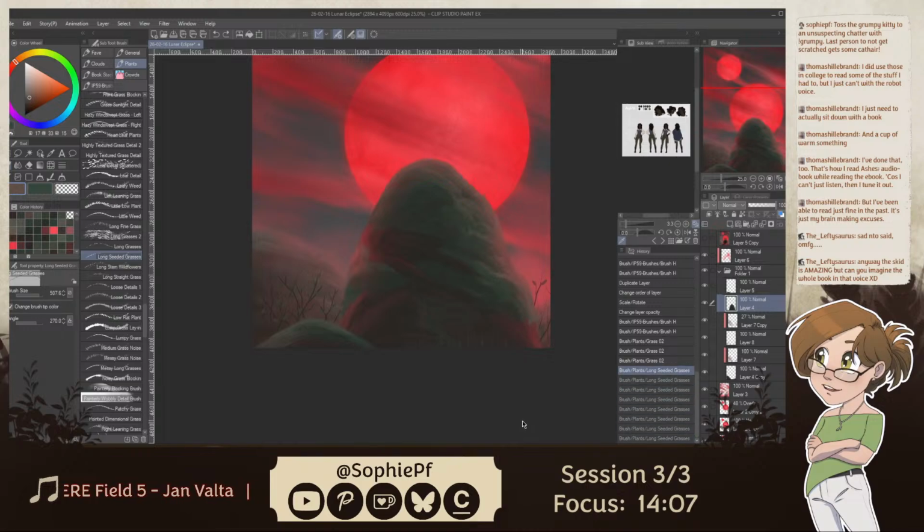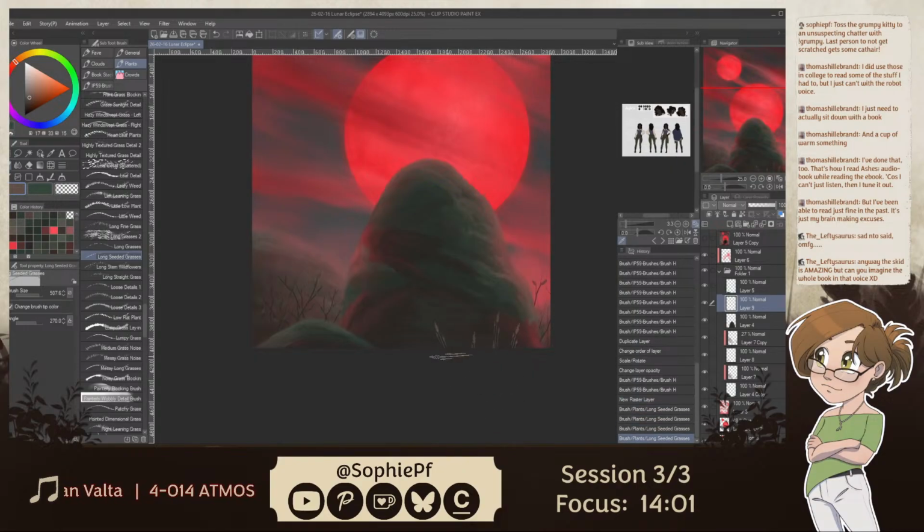Oh, I'm also on the wrong layer. I might have to go through later and just get some color variation in there.